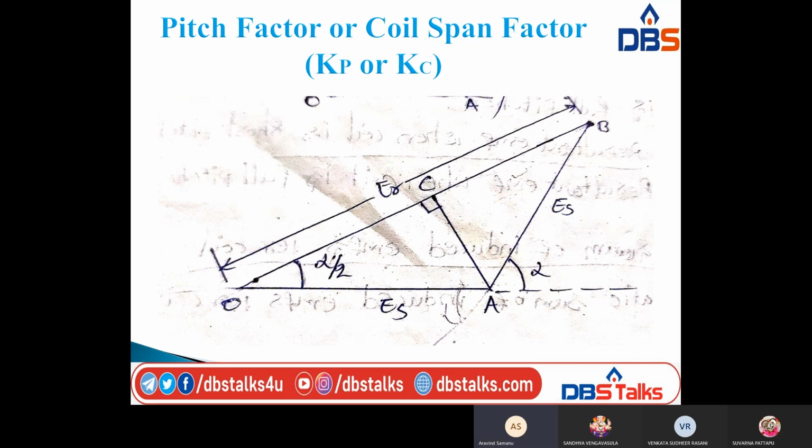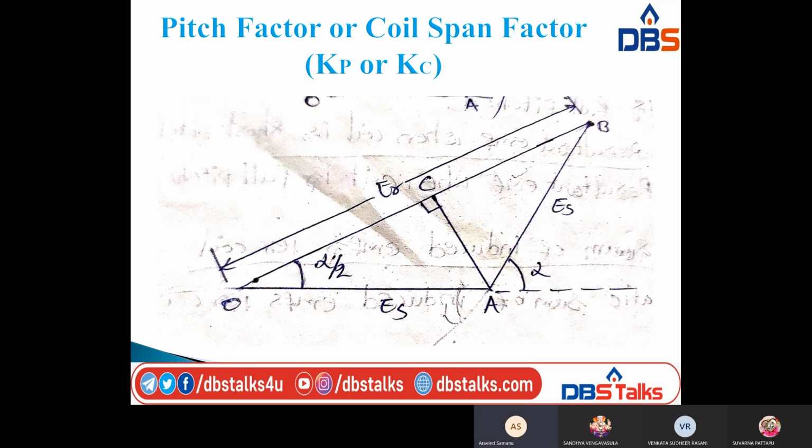Here we have 2 points, OC and OB. So OC is equal to ER by 2. The total resultant EMF is ER, from O to B. But here I am dividing it by drawing AC perpendicular to OB. That means we have two parts, one is ER by 2 and the other one is ER by 2. Totally we have ER. So CB is ER by 2 and OC is ER by 2, so OB is equal to OC plus CB, total equal to ER.